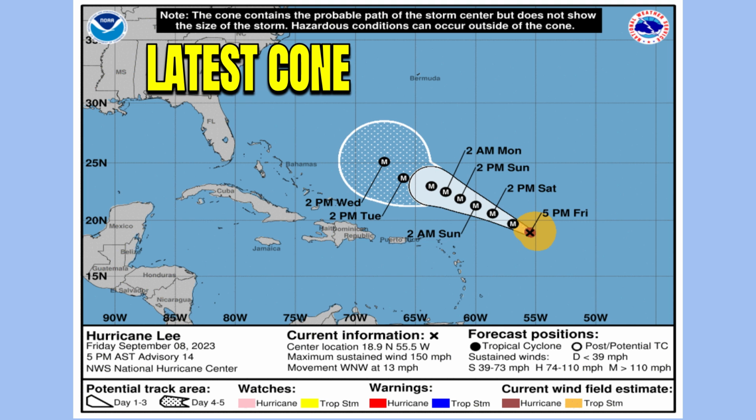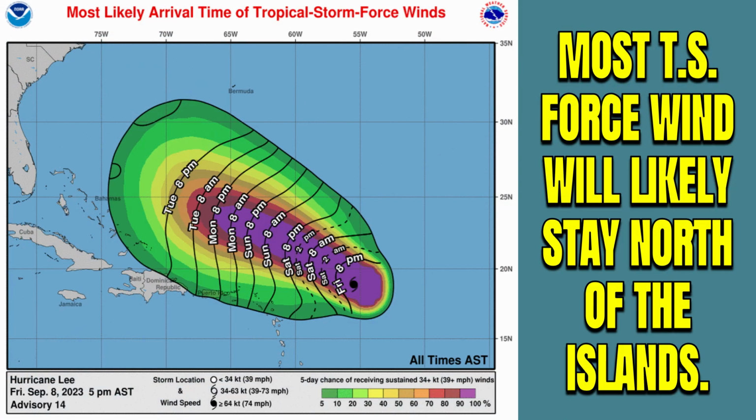You can see now visible on the cone is that northward shift that's going to occur just before it can start really getting close to the Turks and Caicos or the Bahamas for us here, and it's really going to kind of split the difference between those as well as Bermuda, with Bermuda being on that eastern side. Most of the tropical storm force winds will likely stay north of the islands now as it's looking, but there's still a good 20 to